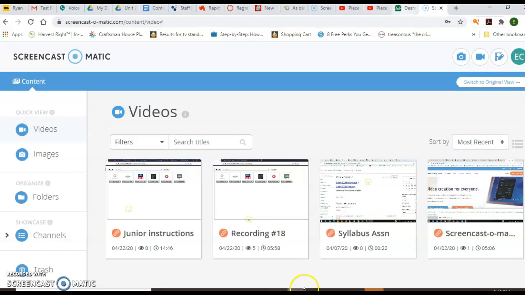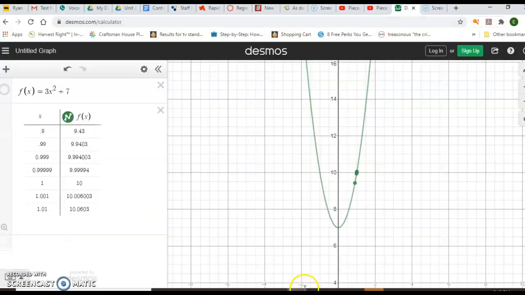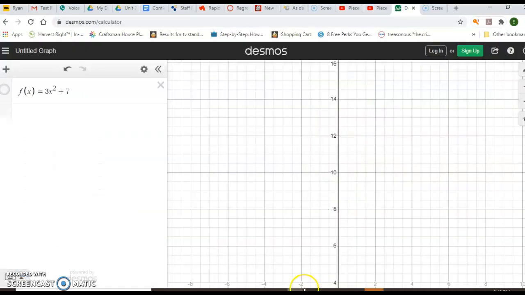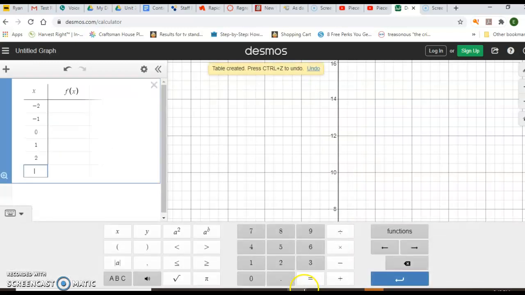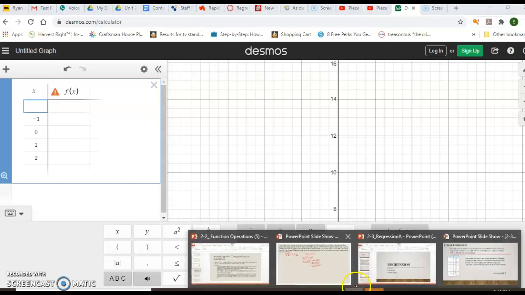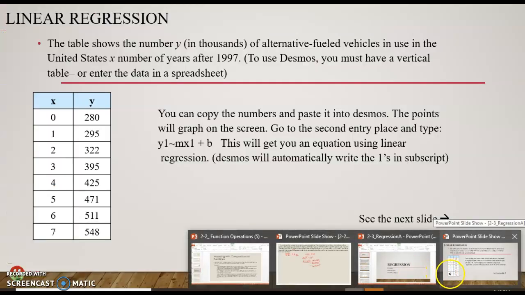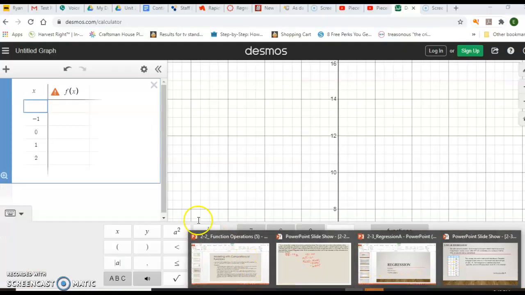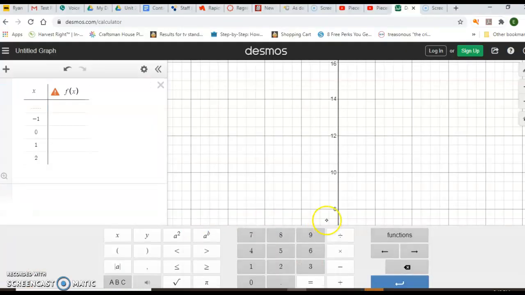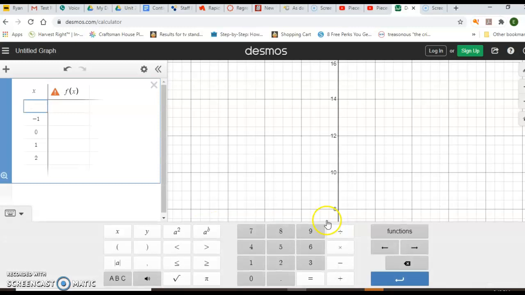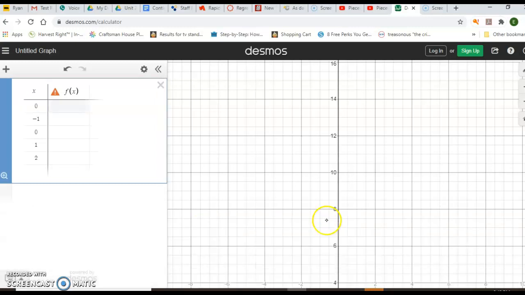But you would have Desmos, and you would have a calculator. You would add a table. And you just put in your values there. Okay. What was it? 0 to 80? Yes, 0 to 80. All right, I do have these filled in on the next slide, I believe. 0 to 80. And you just